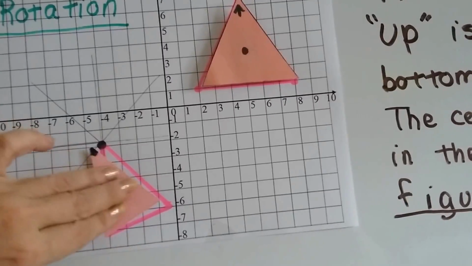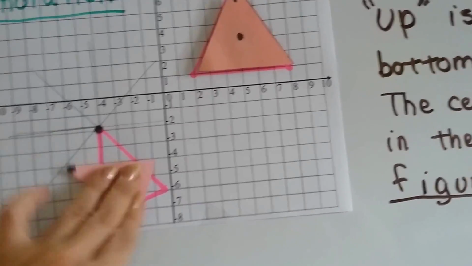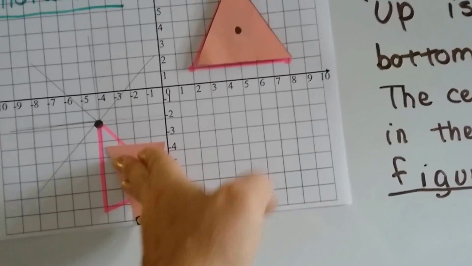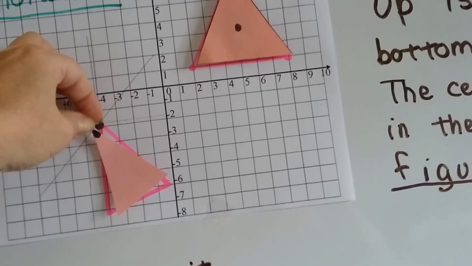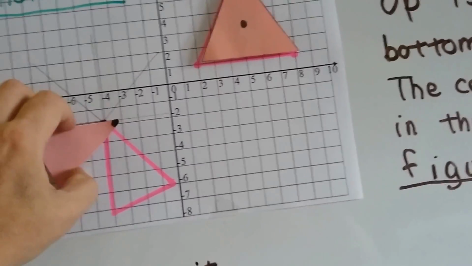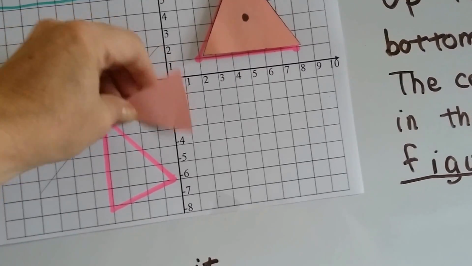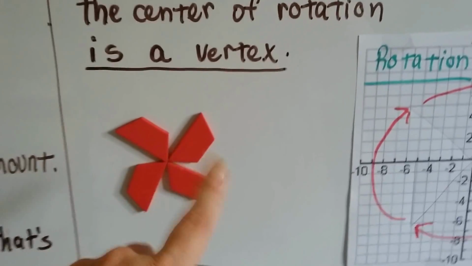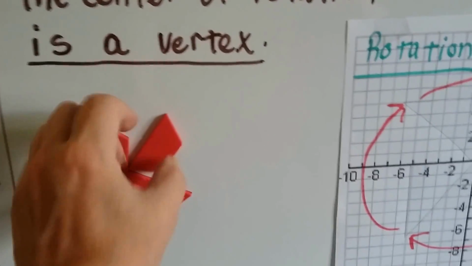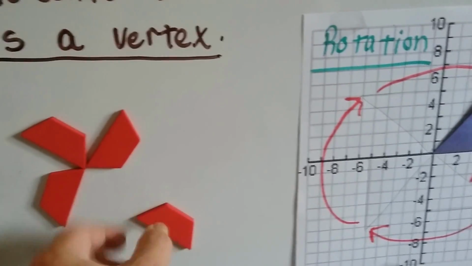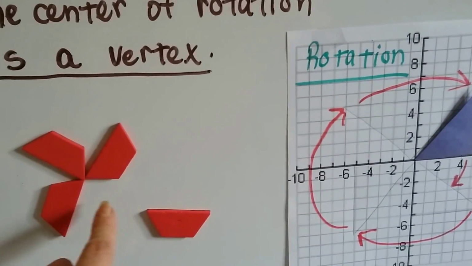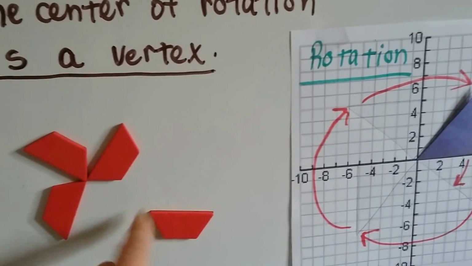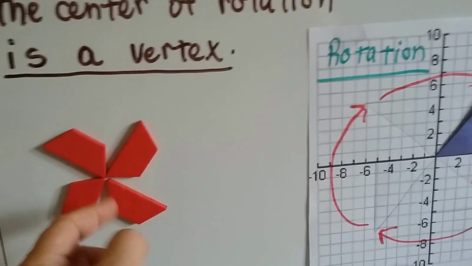So it can rotate with a center point in its same spot like that, or the center of rotation could be this tip and it could go all the way around like that and rotate. We could take different shapes and have them rotate around either in place, because the center of rotation would be in the center of them, or if the center of rotation was at the vertex,